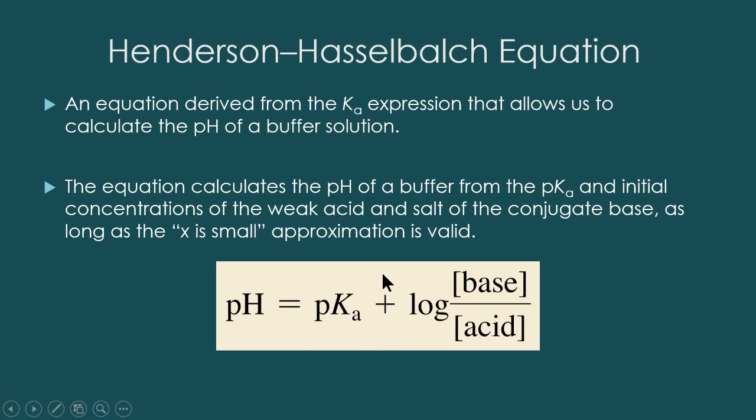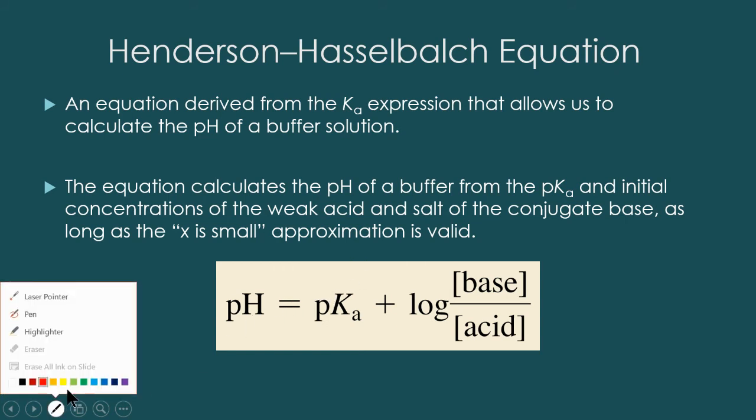In some ways, this is much easier for calculating the pH given that you have the pKa. But take note, you really have to make sure that you change the expression from Ka to pKa, especially if the given in your problems is the Ka value. So always remember, just take the negative log of Ka. Okay,